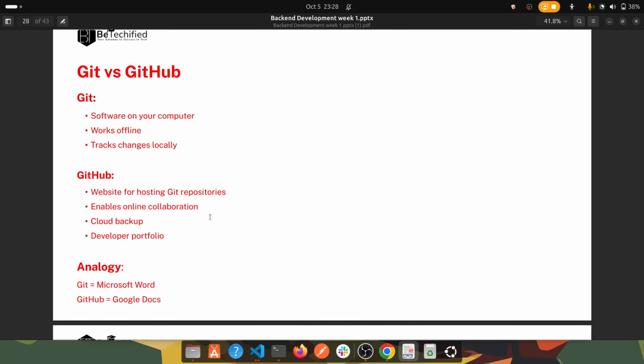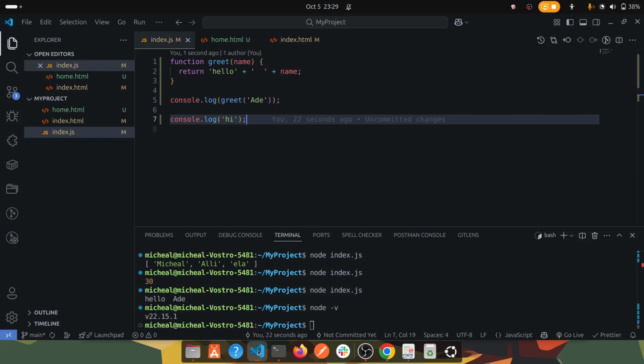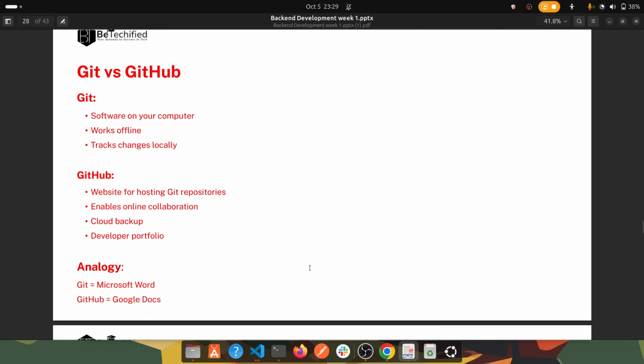A Git repository is like a folder. For example, if you look at my project now, you can see I have my project. This is my folder. Okay, so your folder is a repository. When you are done with it locally, you can put it on GitHub, and you can tell your colleagues, they can go there and download it on their computer so that they can also work with it. So GitHub is an online platform where you can put your repository,